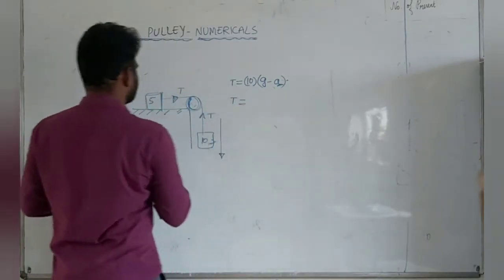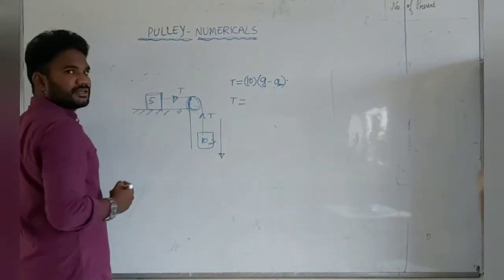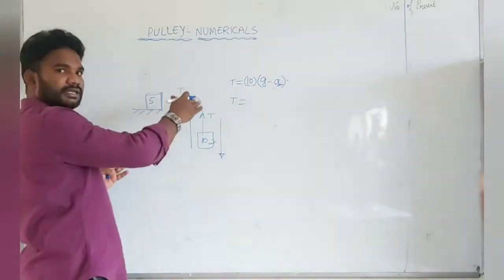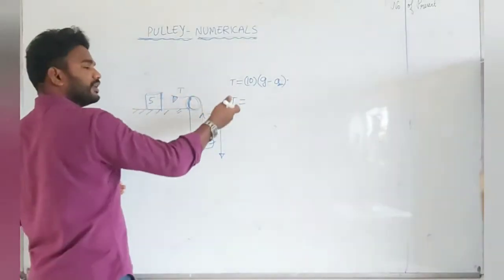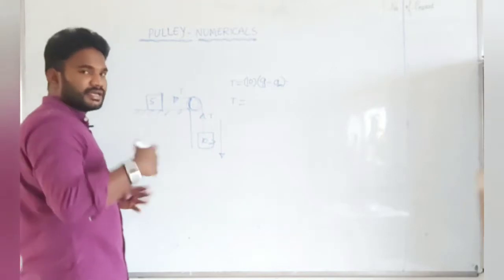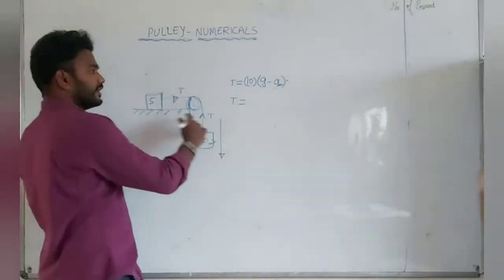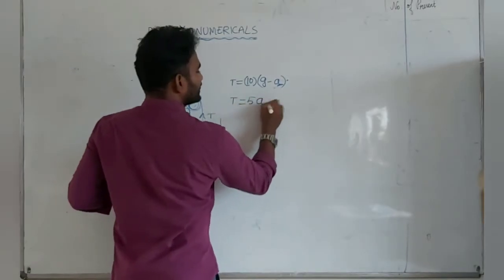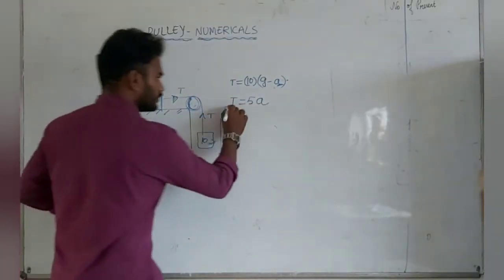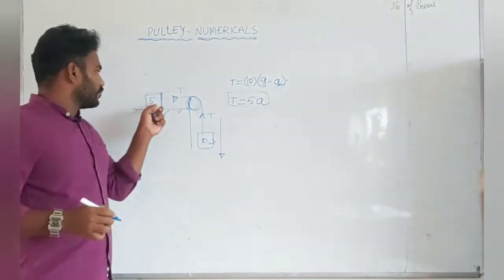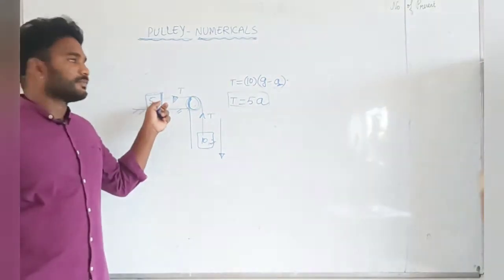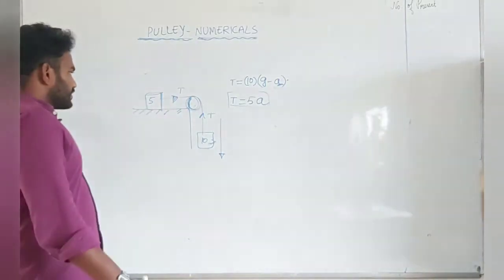So T is equal to, this is independent of gravitational force. Why? Because it is going horizontally. If it is going vertically, then only we can take whether it is g plus a or g minus a. So this is independent of gravitational force. Directly we can take this. This is 5a, the acceleration in this case. Very, very important point. Write down. g is not going to depend here. It is not dependent upon gravitational force. Why? Because it is going straight.